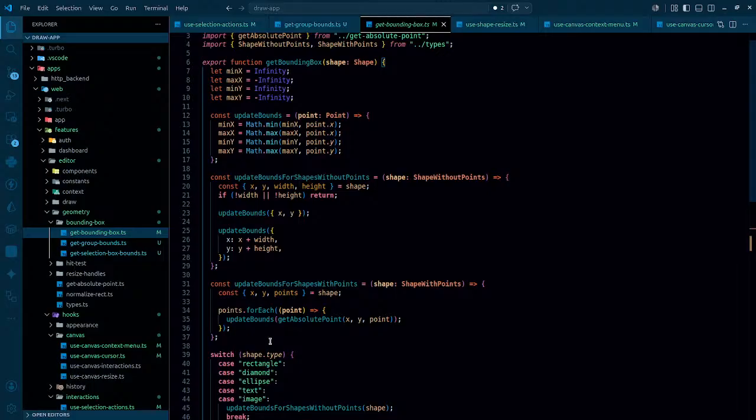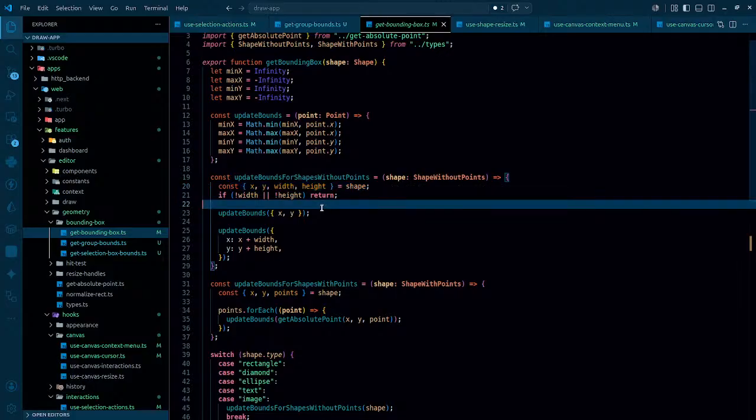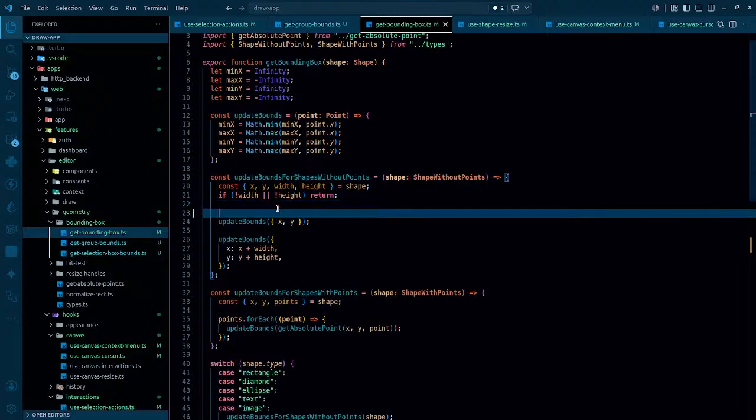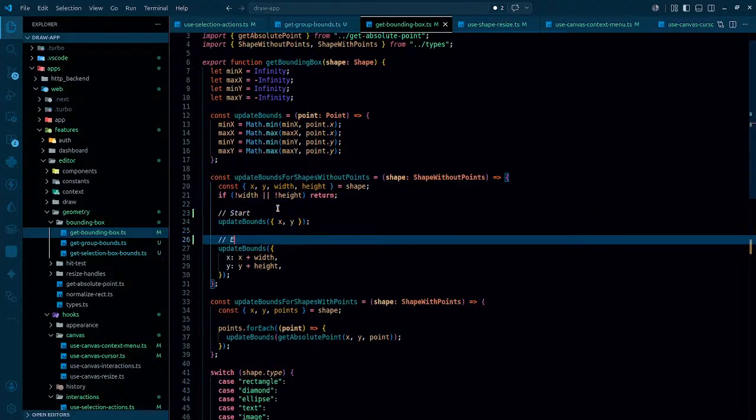So, updated bounds for shape without points. Shape without points, we have the start, we have the end. We have ultimately these with the shape. And once we have them, we get x and y. We are going to be updating the shape with the x and y, and so this is the starting value. This is the end value. So this is just the start, and this is going to work as the end, right? Once it works as start and end,